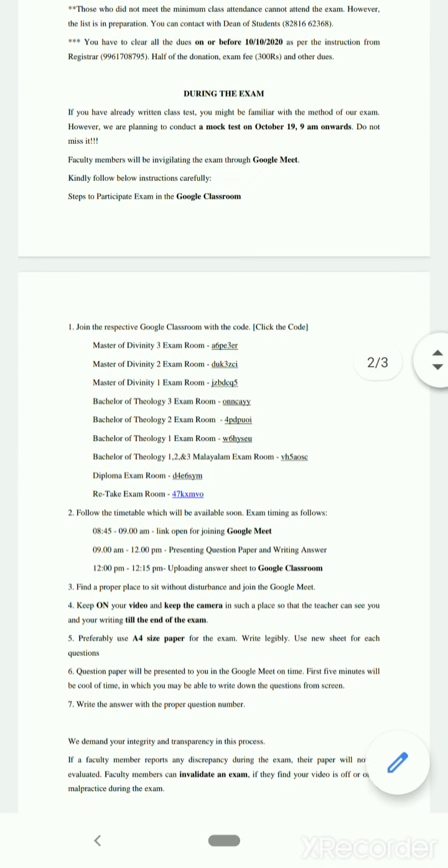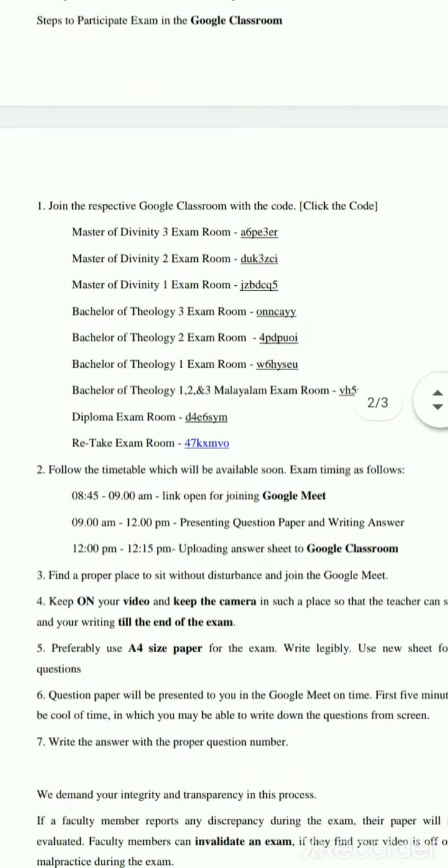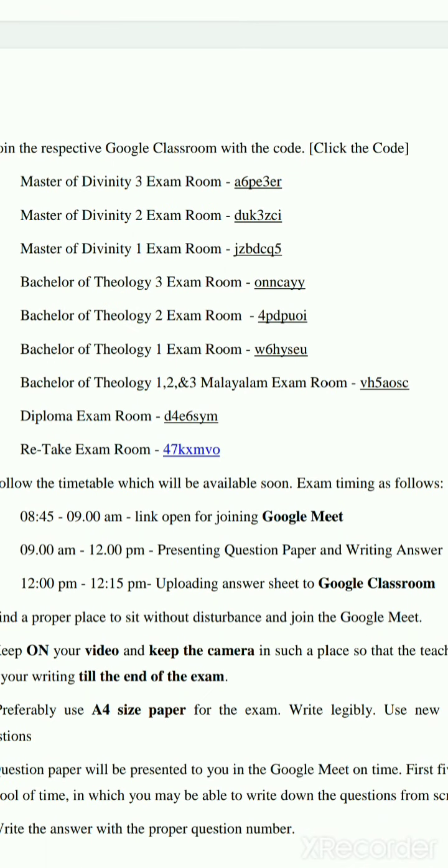During the exam, I have given the first point: join the respective Google class with the code. Either you find out which is your class, which class you belong to, MDU 3 or MD2, MD1, BTH or